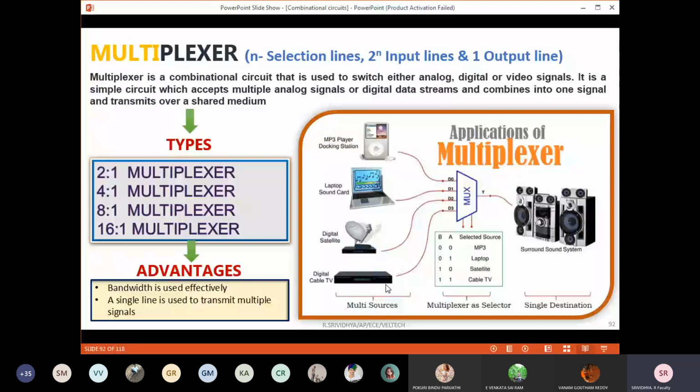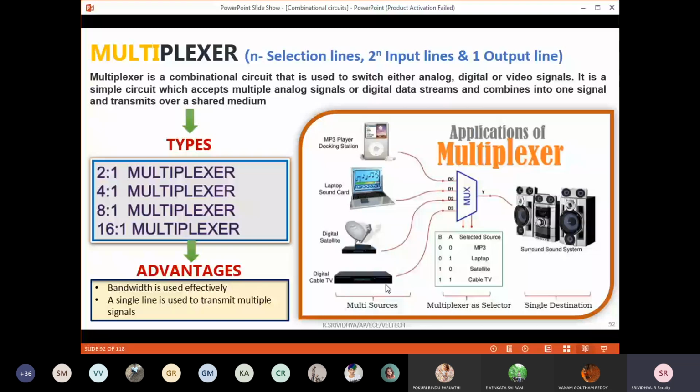Okay. So the next type of combinational circuit is the multiplexer. Before starting the multiplexer, I am going back to the first thing I told you all under combinational circuits. The first part, if you can remember, is the ALU, arithmetic and logical circuits.